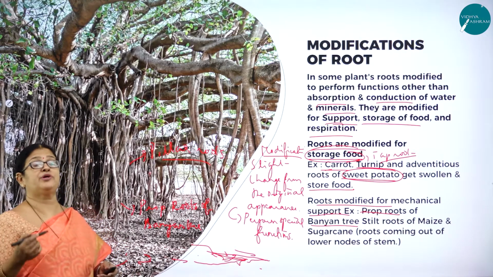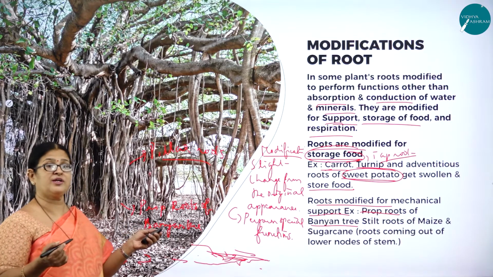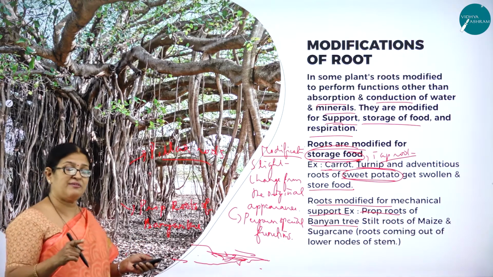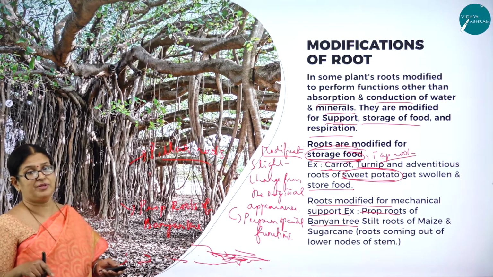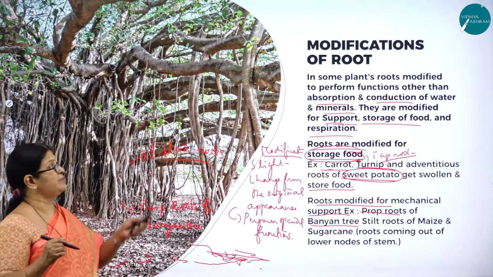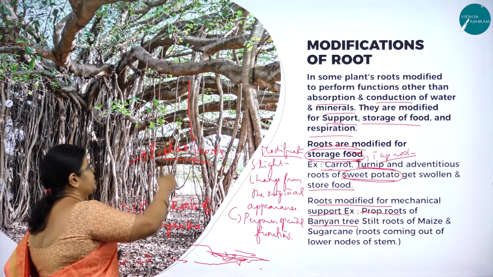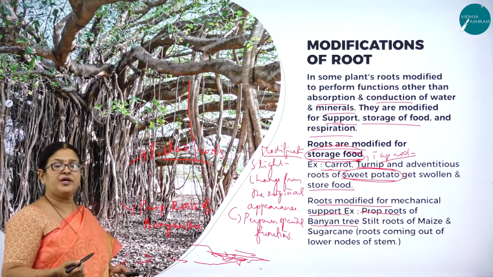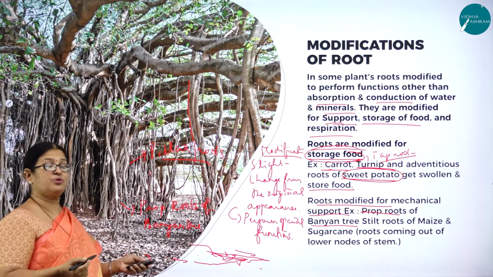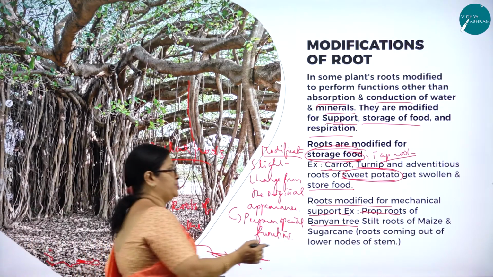So they act as what? Supporting structures. So in a similar way, in banyan tree, the roots are modified. What are they? They are adventitious roots. Why do you call them adventitious roots? Neither do they develop from the radicle of a seed nor from the base of the stem. They develop from other than the radicle and the base of the stem, that is from the branches. See how they are acting as pillars. Usually we come across roots growing downwards, but here you can see the roots growing from upwards to downwards, acting as pillars, hence the name prop roots.